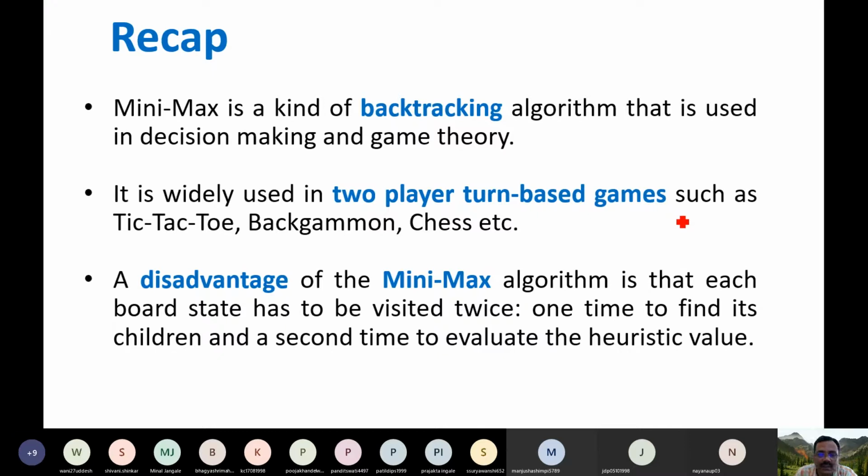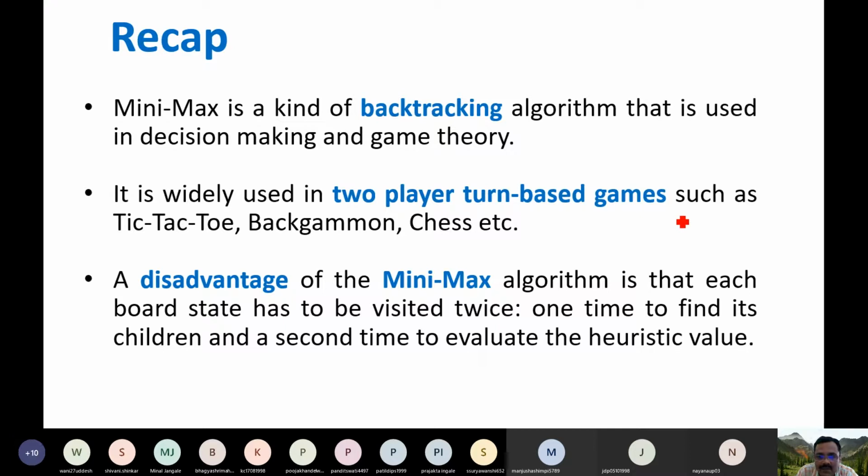We develop a game tree in the minimax search algorithm. The complete game tree has to be developed, and one player we call the maximizer and the other player we call the minimizer.